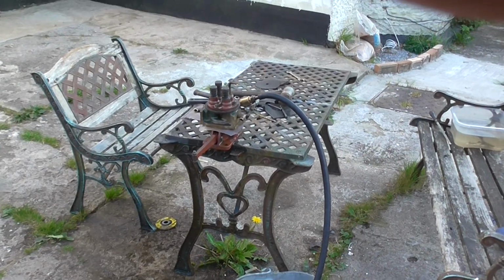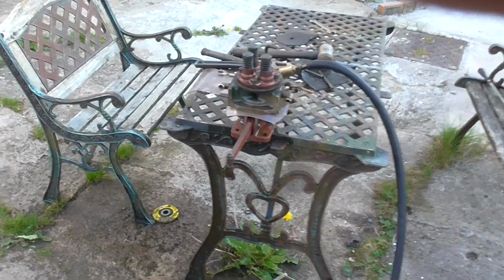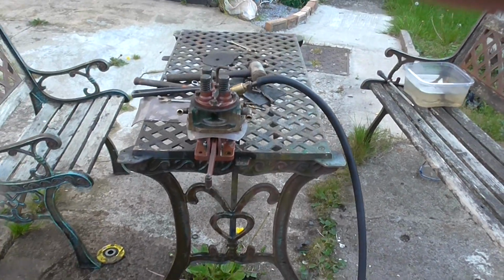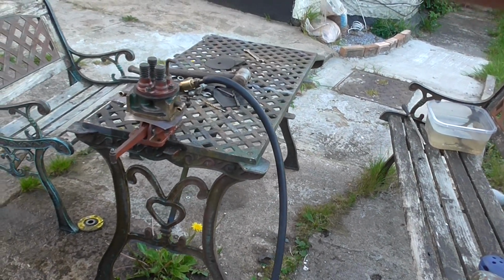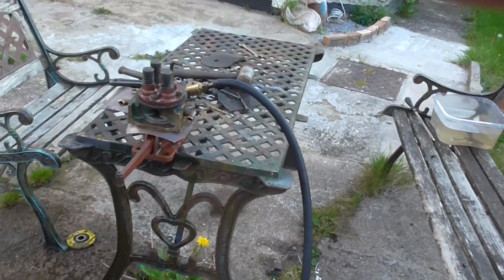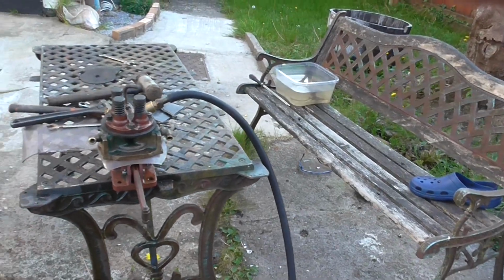So it's on our patio table, so I'm going to bench test this for another day and probably fit it tomorrow afternoon. I'm confident that it will work. As I said, I replicated the height from the tank to the position of the pump on the road roller's cab. So the height is about the same, the lift is about the same, and the suction is improved by using thinner material